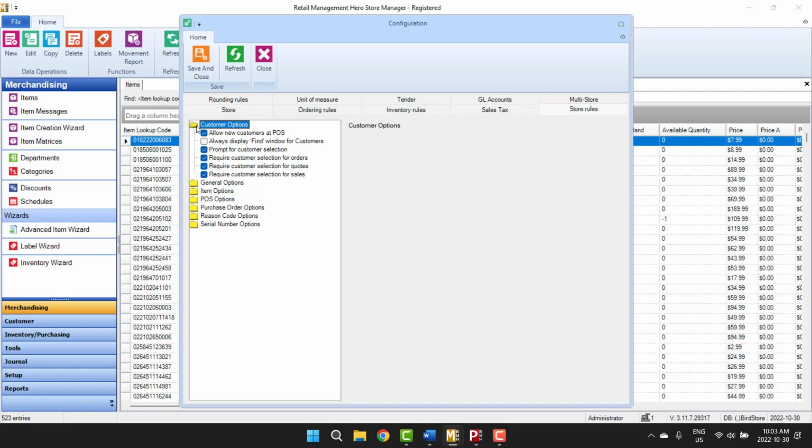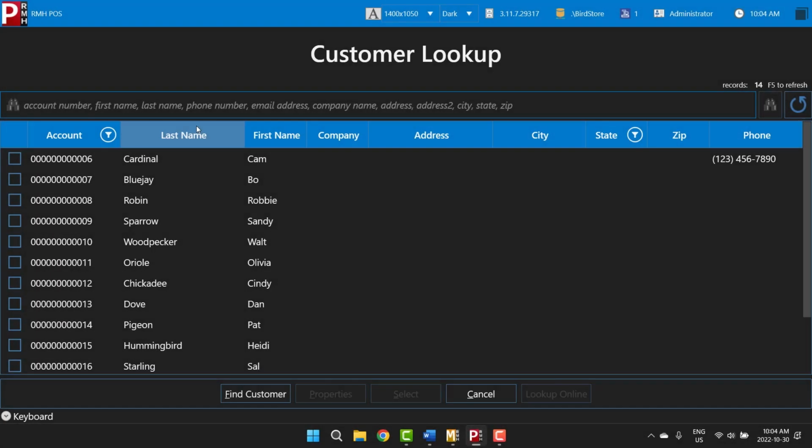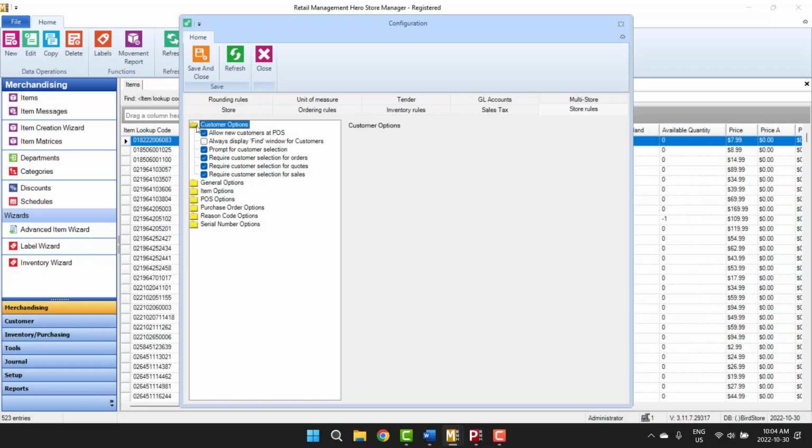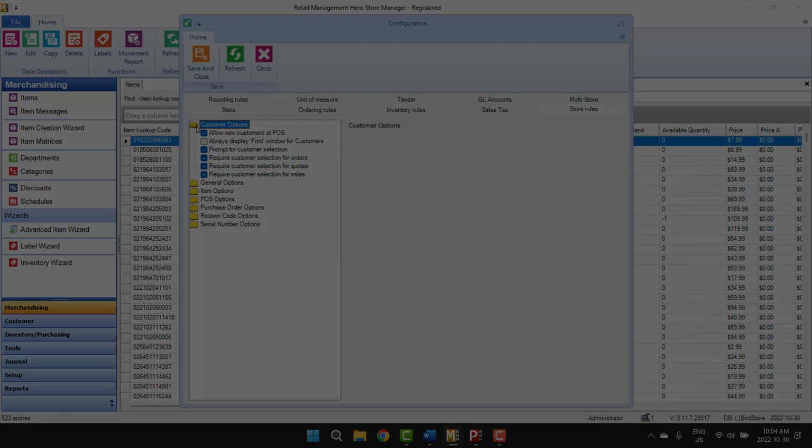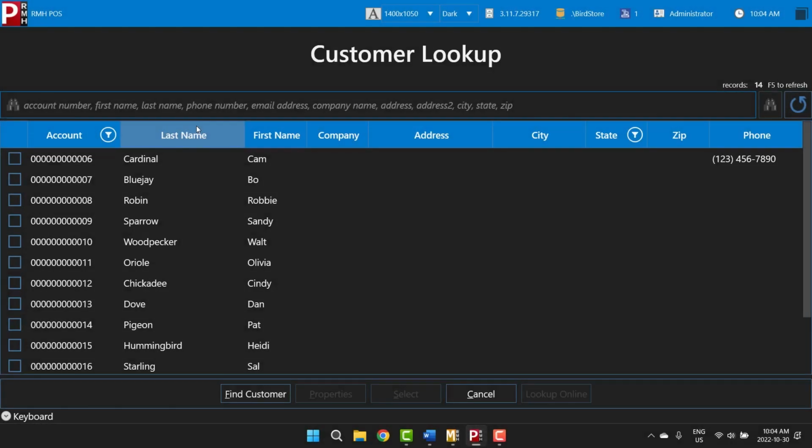When these options are selected, the customer lookup screen displays in POS after login and prior to transactions. You must select a customer before you can enter a transaction, such as a work order, quote, or sale. Clear the check marks if you want customer selection to be optional. If you select the Prompt for Customer Selection option, the customer lookup screen displays in POS after login and prior